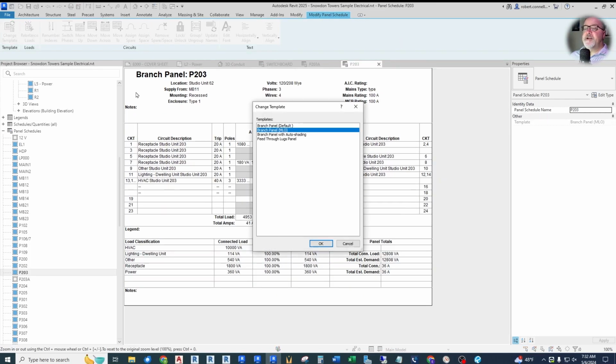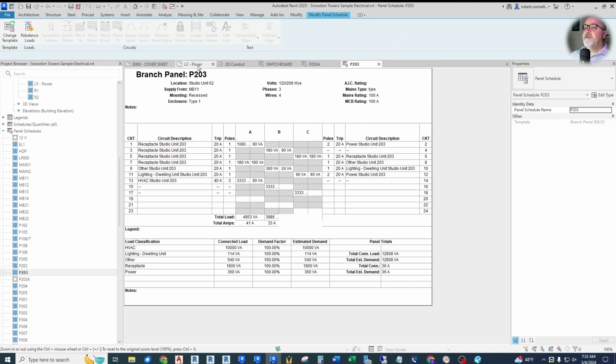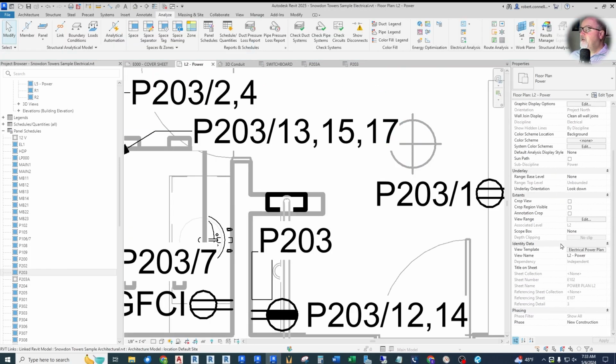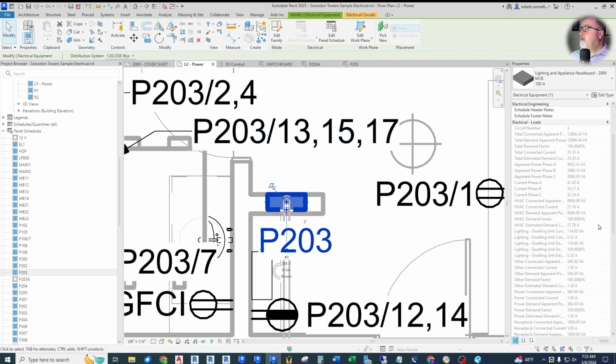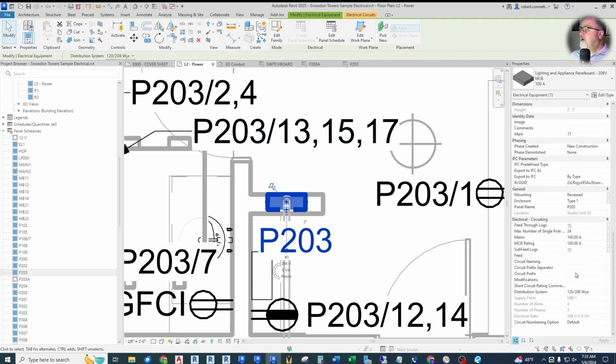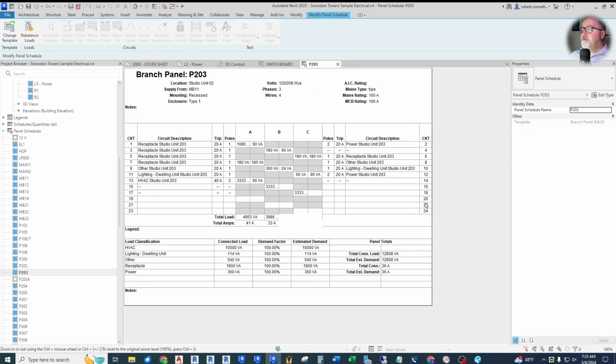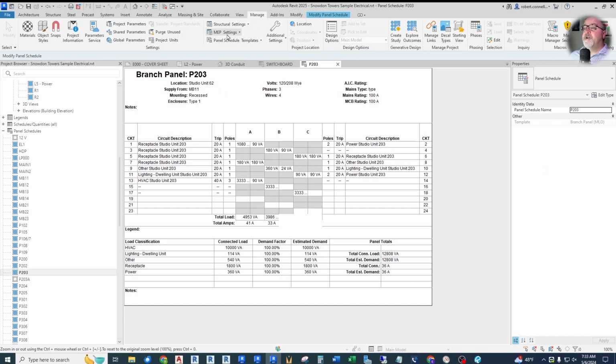So let's go to change template and update it. If we look at this panel on the right, this is where I'm talking about the number of circuits. Click on the panel over on the right. Down at the bottom, you will see electrical circuiting maximum number of single pole breakers is set to 24. We set up this panel schedule to vary the number of rows for the number of poles. If we had set this up to a 42 circuit all of the time,